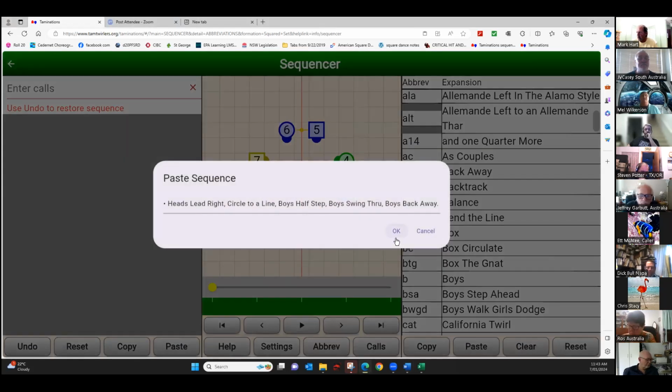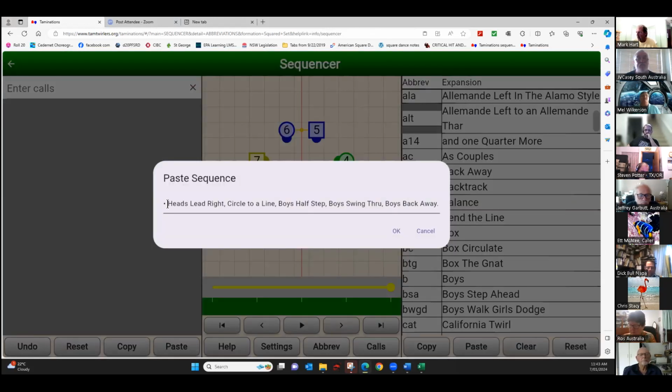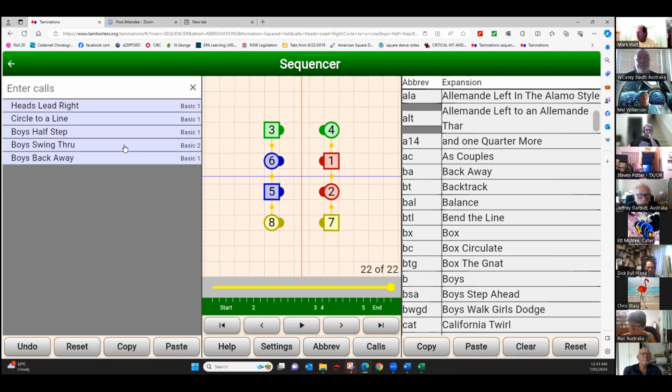Paste that. Okay, let's undo that. We'll paste that. We'll take that dot away. There we go. So you can't say boys step forward, because if you do a boys step forward or boys go forward, they end up going right past each other because they go to the next position. So this is what Mark was saying, half step. So if I do this,